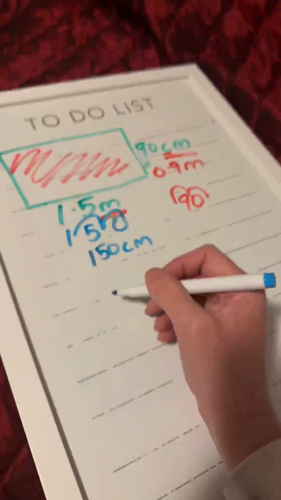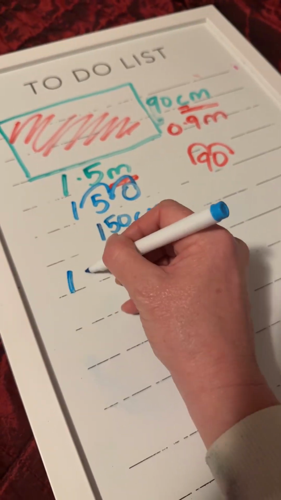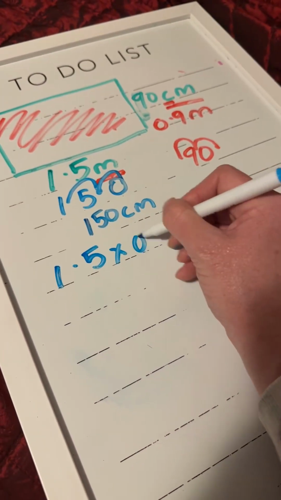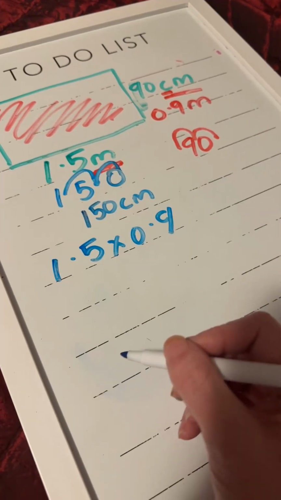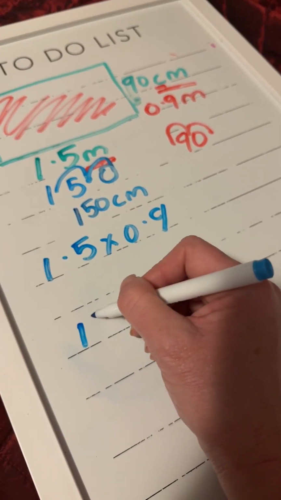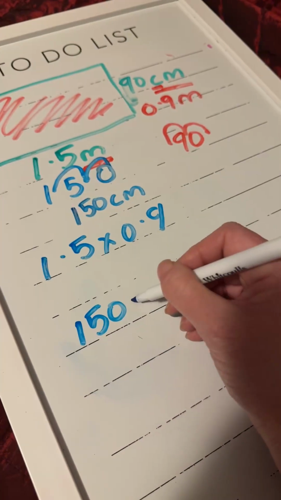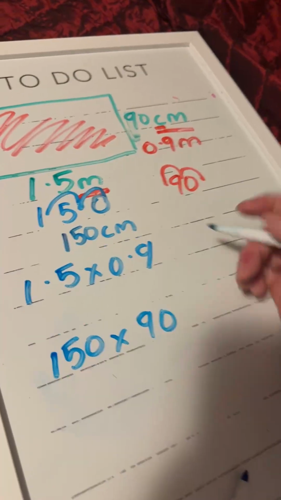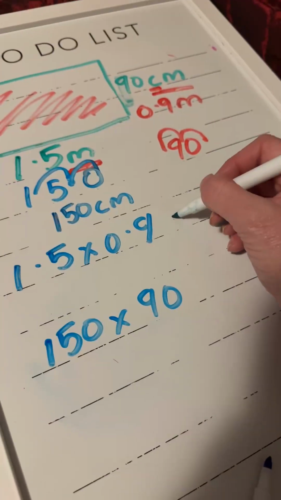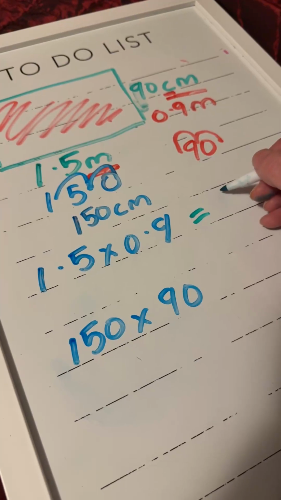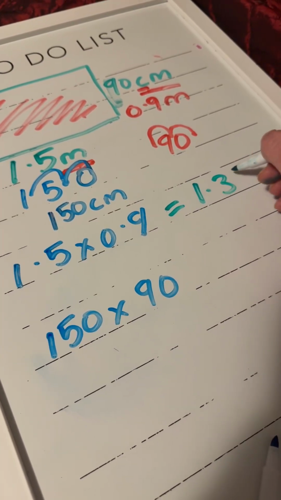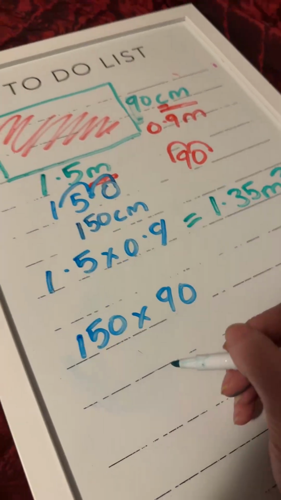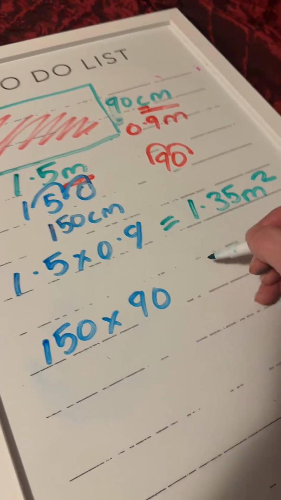And then you can kind of choose how you want to work it out. So you could either do 1.5 times 0.9, or you could do 150 times 90. I'm going to go with this one. And so you would know that it was 1.35 meters squared, or that would be